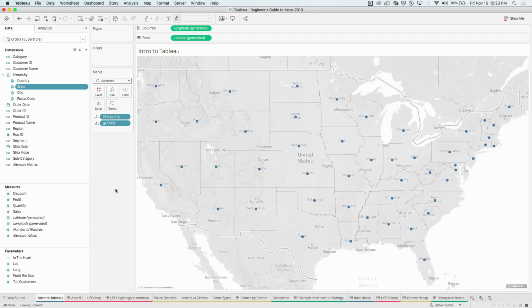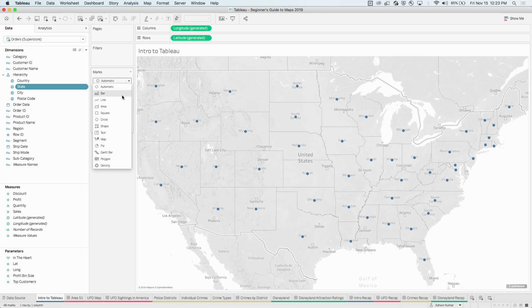So my question for you is, how did Tableau know where to put that mark for the United States? And in this view here, how does it know where to draw each data mark for each state? Because if you recall, in our data set, we didn't actually have any information about latitudes and longitudes or anything like that. And actually, if I were to make this a filled map by going here to the marks card,